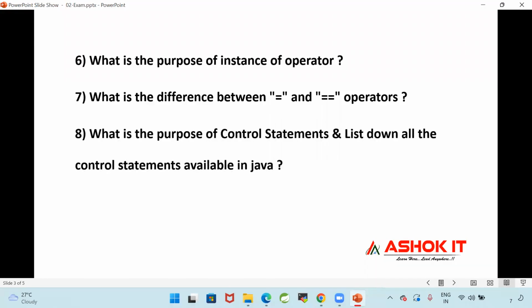Next one. What is the purpose of control statements? And list down all the control statements available in Java. Eighth question. What is the purpose of control statements in Java? And list down all the control statements available in Java.